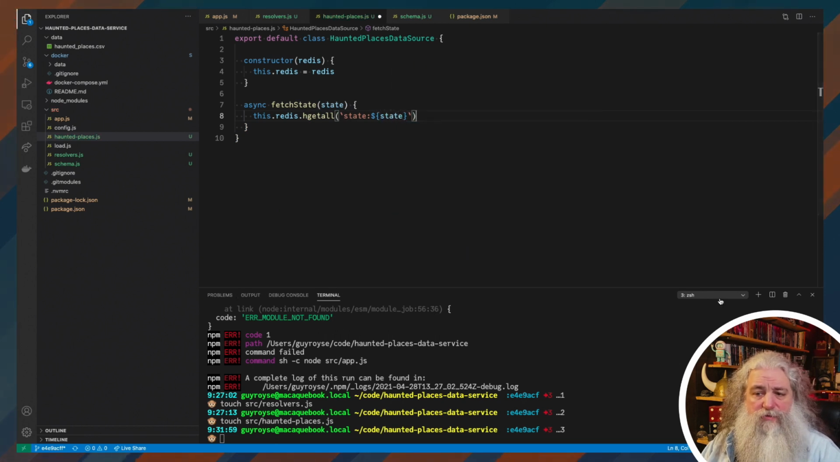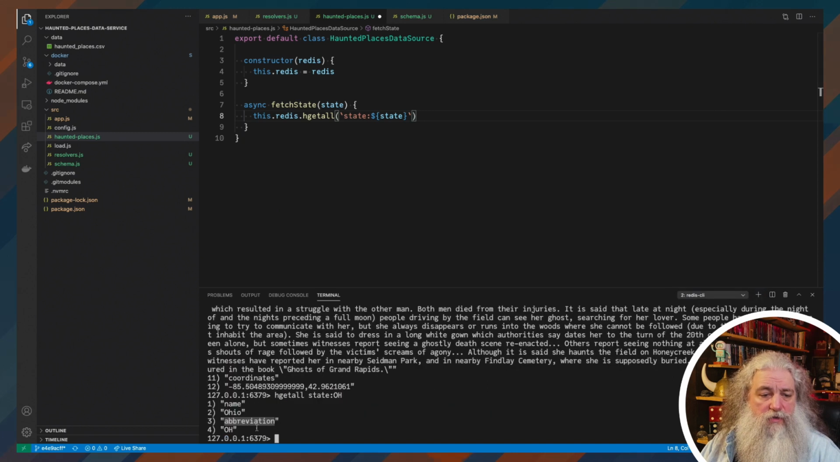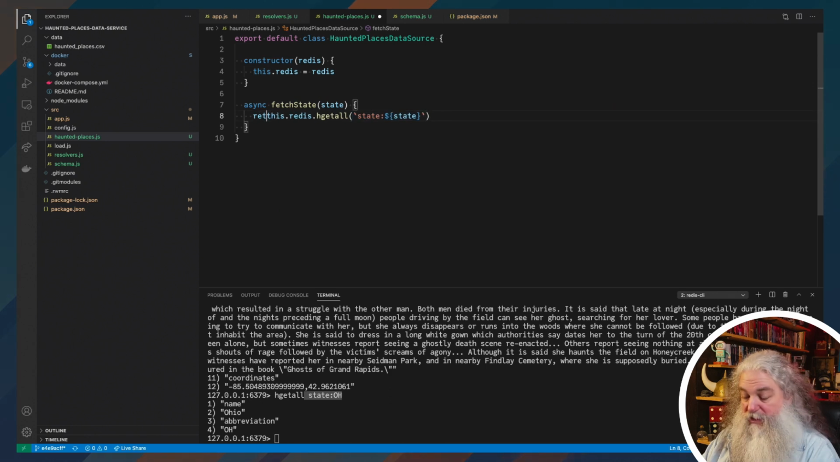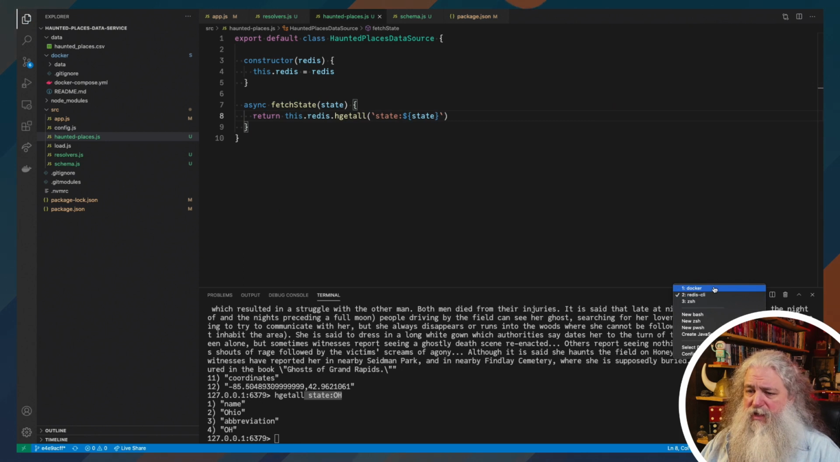So as we showed earlier here, our keys are state: and then the state abbreviation. This is the state abbreviation coming in. So this is just using string interpolation to build us that same string. And we actually need to return the value here. And this should be a functioning